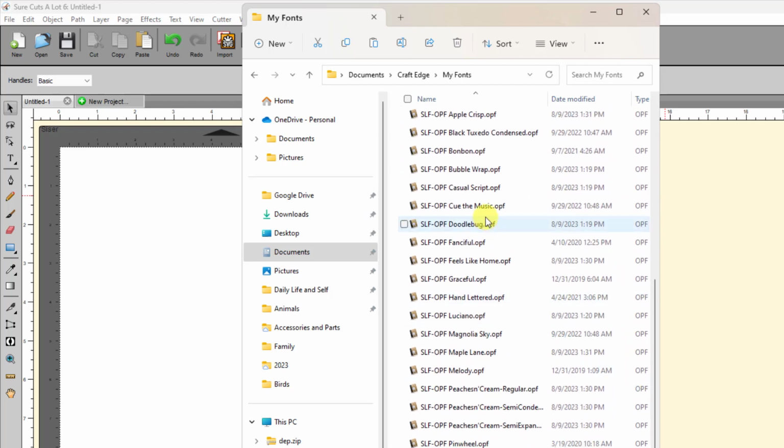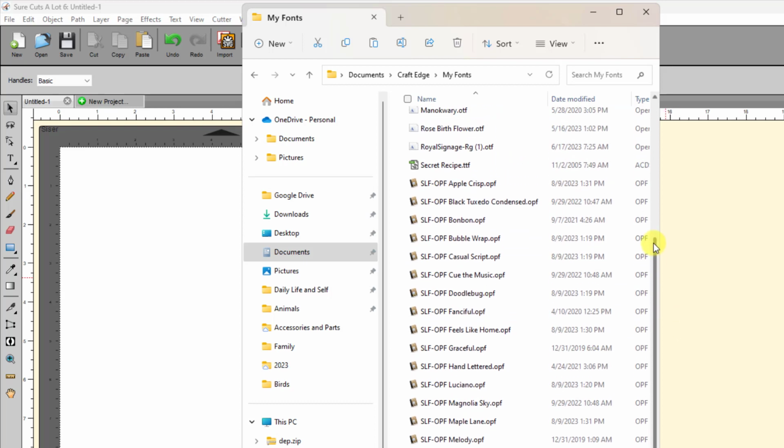You'll see that I have a whole bunch of them that start off with the letters SLF, which stand for single line font, and these are OPF fonts that I collect from various places, but mostly from a website called Single Line Fonts. And the OPF version of the fonts can only be used in a couple of different programs, and SCAL6 just happens to be one. If I were to not put them into this folder, then anytime I wanted to use one, I would have to temporarily install it. And let me show you that, because that's the third way that you can have fonts